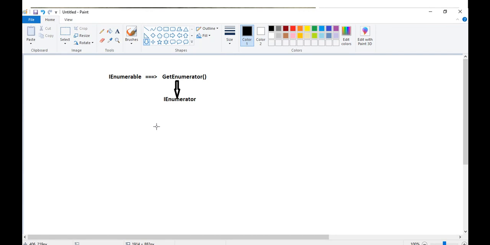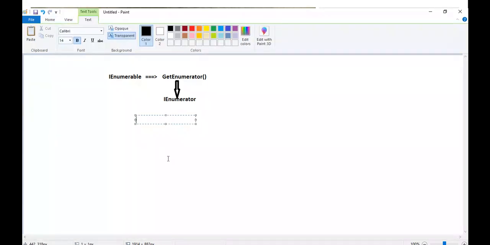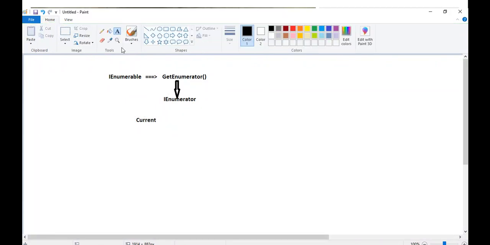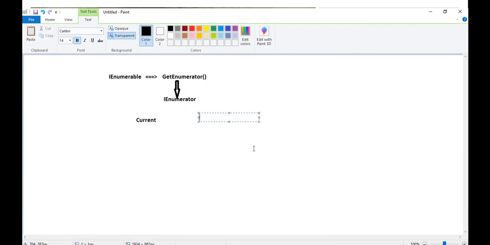So how will IEnumerator follow this? There are two functionalities available in IEnumerator. What are those functionalities? The first functionality in IEnumerator is the Current property, and the second is the MoveNext method.